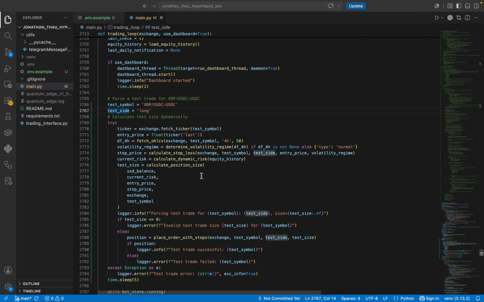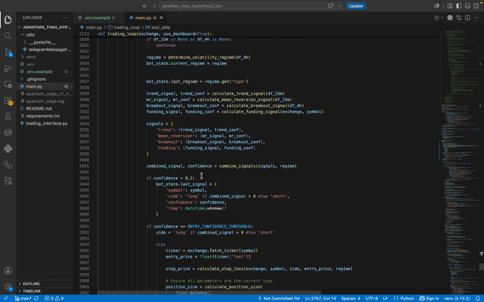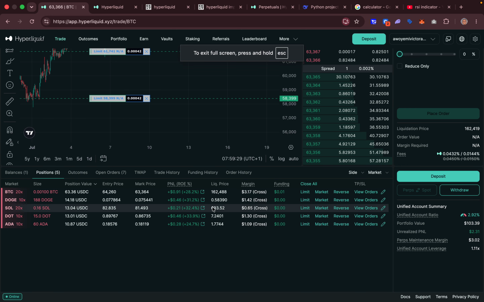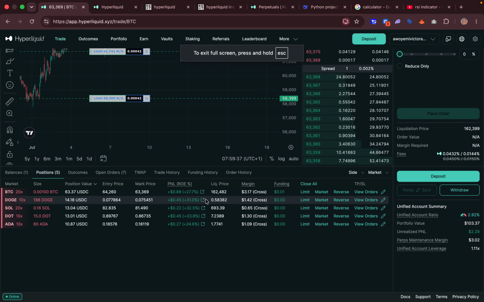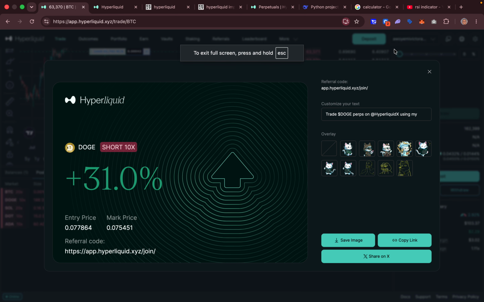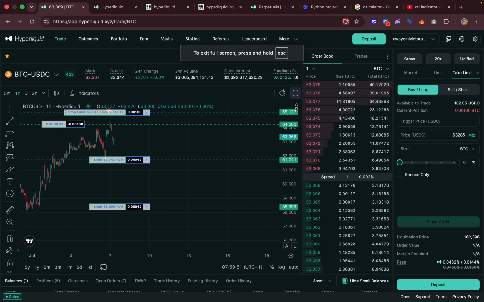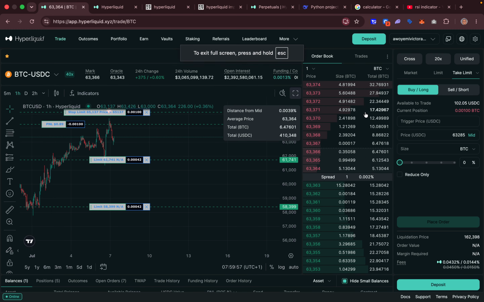Okay, so yeah, that is basically how the bot works. And so far so good. I think the bot is actually performing. You can see that the bot is making some cool profits. I started running this bot 2 days ago, and I deposited $200, and currently it's almost more than 3% ROI. So yeah, I'll keep testing the bot, and I will see how it's gonna unfold, probably for